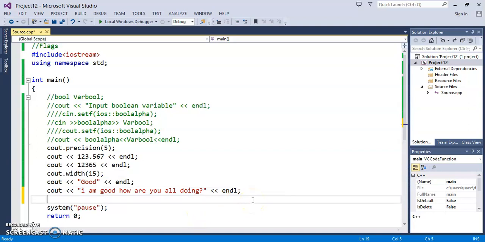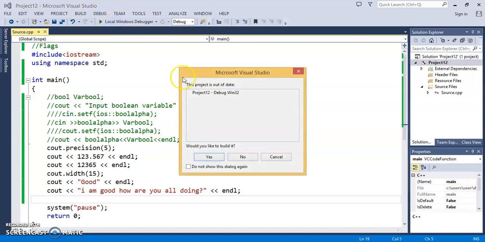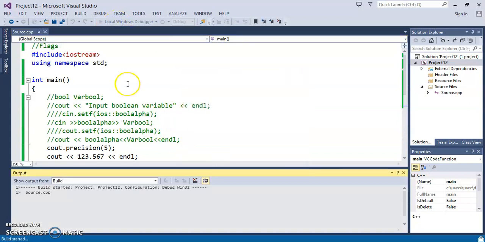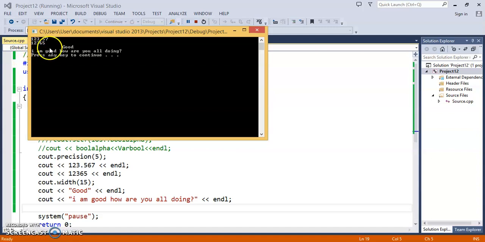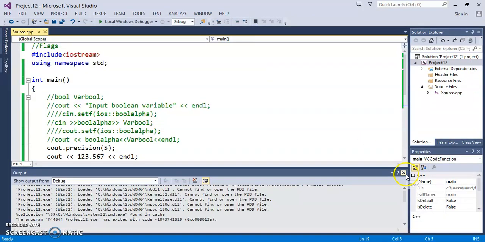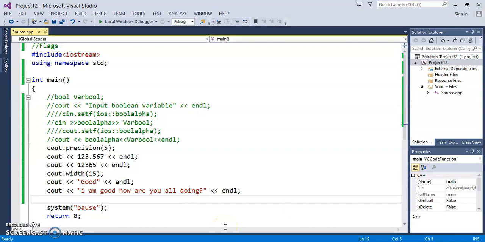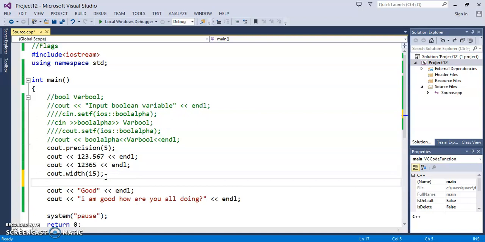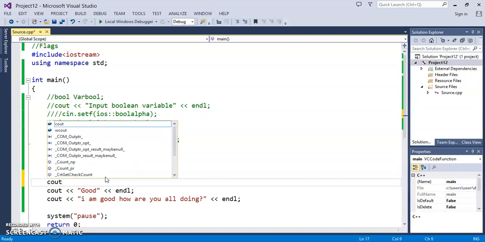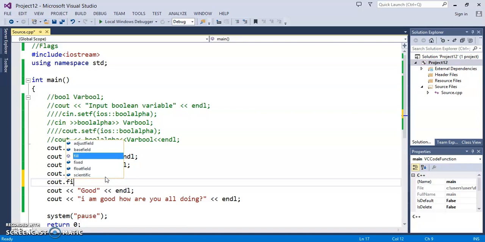Second is, for example, when you are running it and you set some width, the previous space is blank. If you want to fill this space with some special character, we can set that character also. That is known as the cout fill function, cout.fill, and let's say I want to fill it with an asterisk.